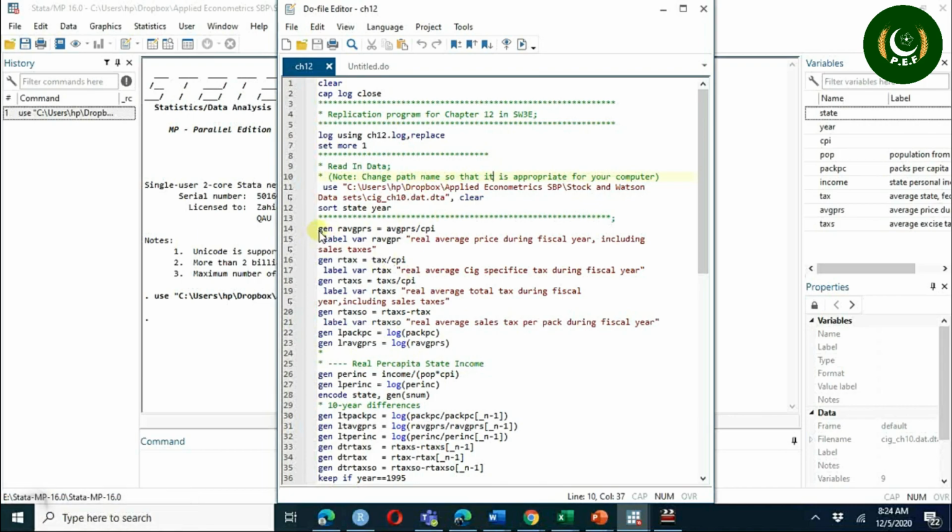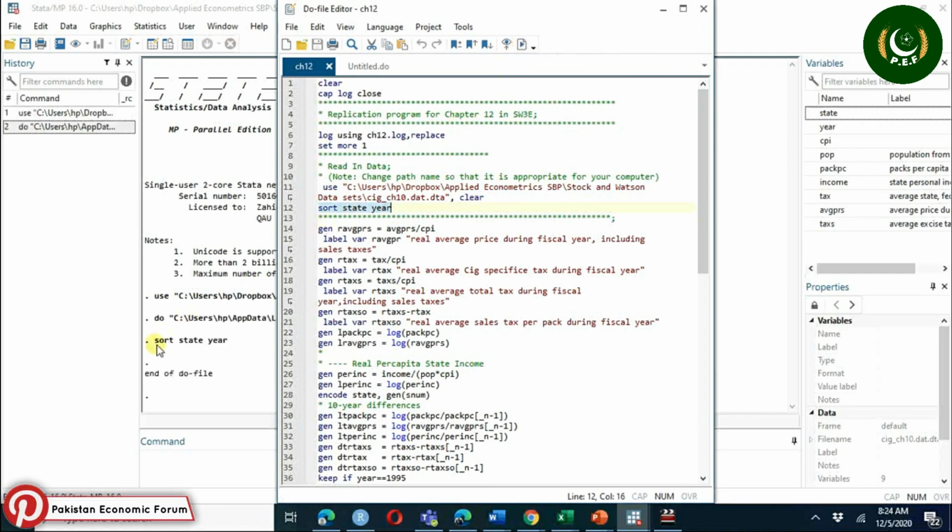For example, here we have written generate, sort state year. One thing is you select it and here run it. So we have sort state, and year. Another is here I have real average price. So you can go to average price by CPI. Either you can run this command or you can